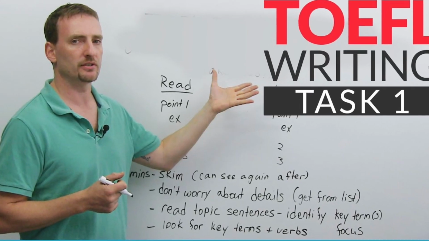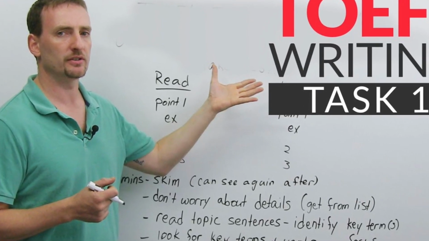So let us talk about how each and every task is done. So let us talk about the task 1. So task 1 is an integrated task, and basically what you are given is a 200 to 300 words passage. You have to read about it, and there are 3 claims in the passage. After this you will be hearing an audio clip of 2 minutes about a person who will be disagreeing with the 3 claims made in the passage.